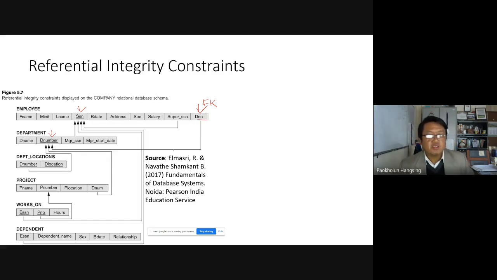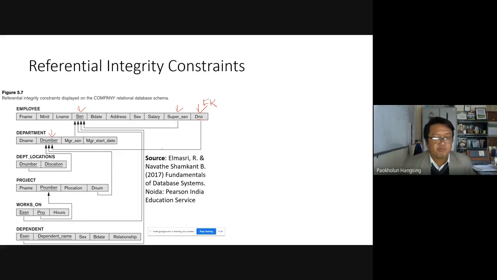Another thing that I may repeat here is social security number and super social security number, which I have explained earlier. These are the same, but in this case, this is the supervisor social security number. That means every employee has a supervisor. Therefore, in order to find out who is supervised by whom, we use the employee social security number again, but here the attribute name is changed in order to understand the role that this particular attribute plays.